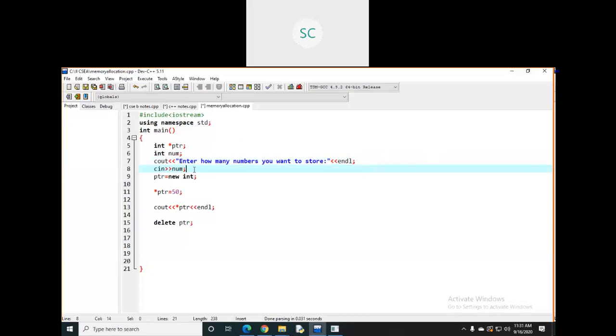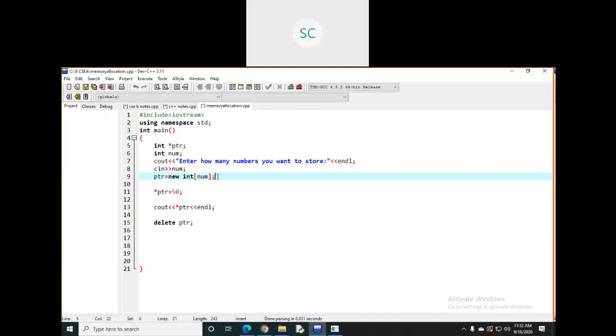Then how do you store the 10 numbers in a single variable? You need to allocate memory for 10 variables. That is going to happen dynamically, at the time of running only, because the user may enter some different value, 20, 100, anything. Based on that, you are going to allocate memory. Here you can take num as the size for this integer type array. That size will by default be based on the number the user entered and stored in num. For example, if the user enters 10, the array size will be 10.